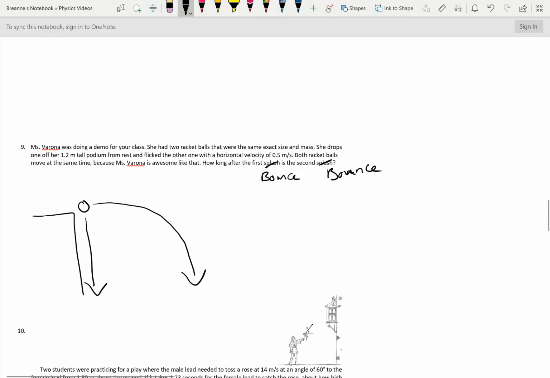Which one would hit first, basically? Which one will hit first? Ball 1 or ball 2? And if one does hit first, how long after the splash? But remember, the main factor of time